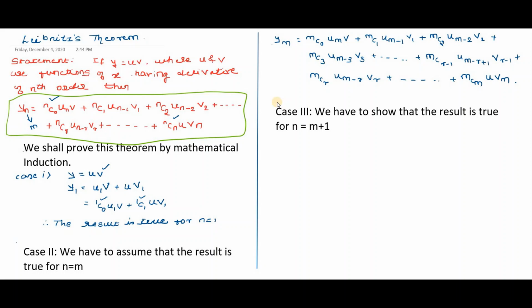So what we get, if we differentiate ym, we get y m plus 1. So I will write here, differentiating on both the sides, we have